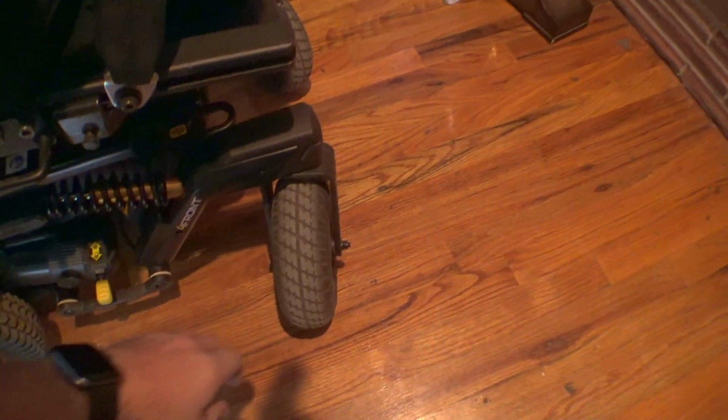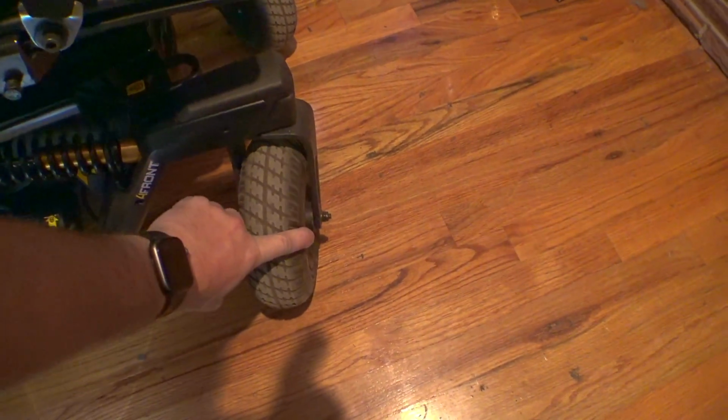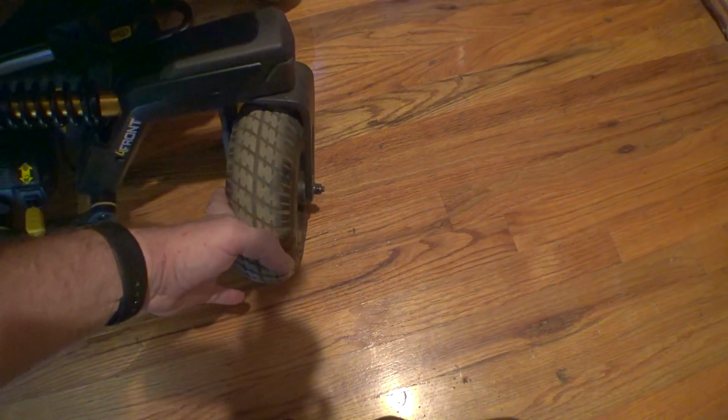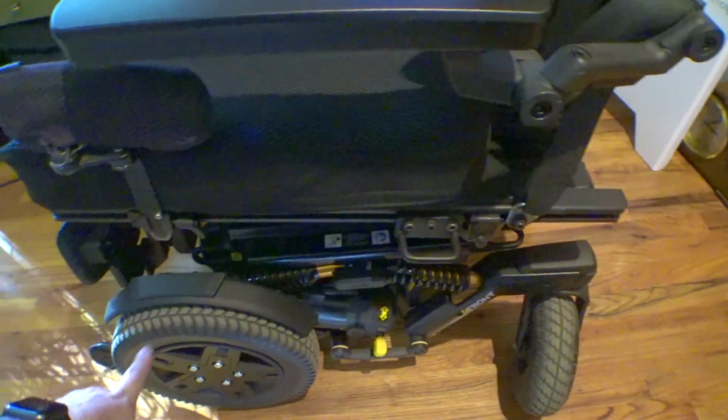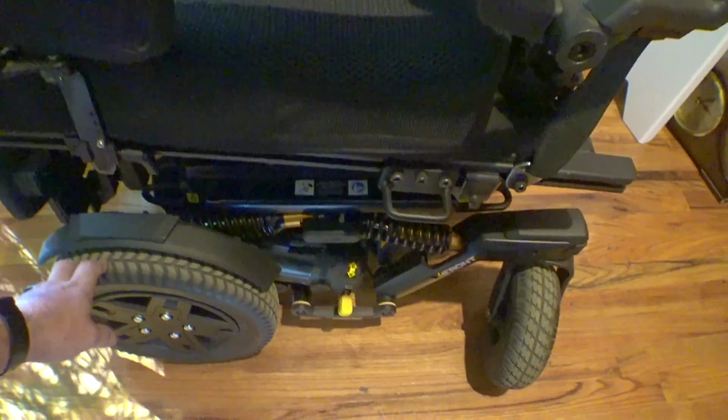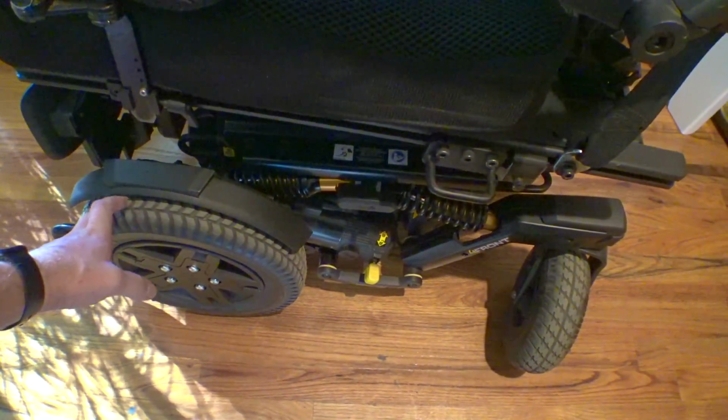And when you try to get through hallways and doorways and your caster wheels don't move, you end up putting holes in the walls. Not quite sure what happened here, but this thing does not want to rotate. It will a little bit, but then it catches and stops. And also the issue with the brakes not holding it still when on ramps and hills has gotten significantly worse. It's kind of a guessing game at this point if I'm on a hill and I try to stop in this thing as to whether the chair will actually be able to come to a complete stop or not. But in other news,